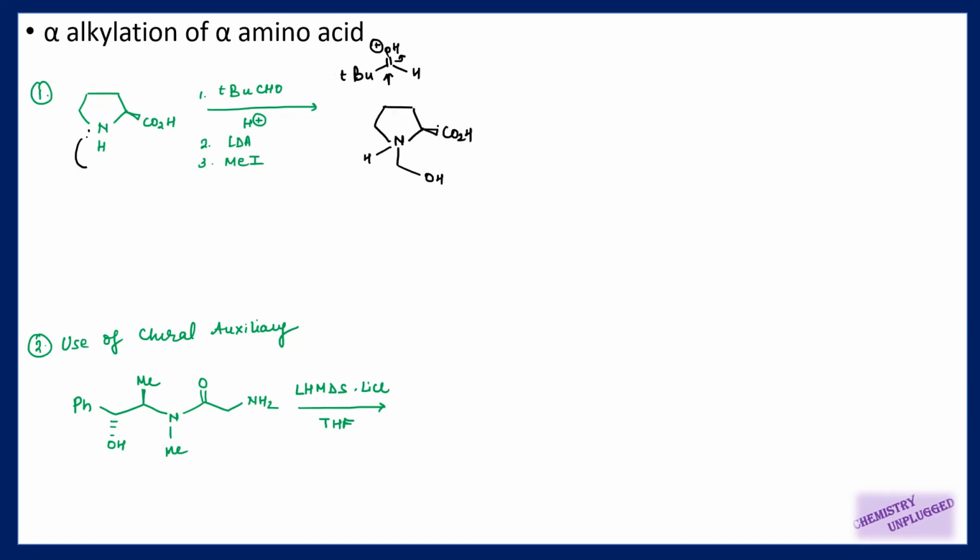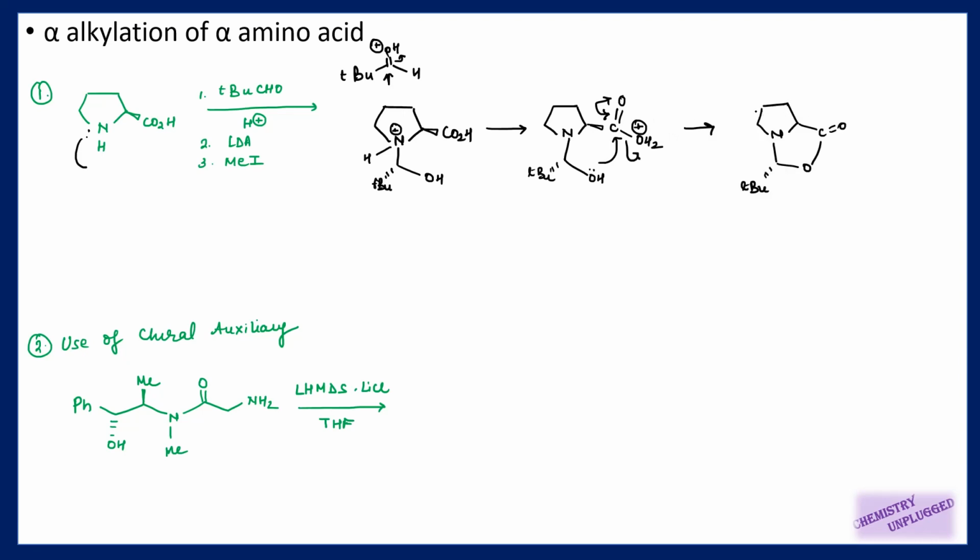And as this carboxylic group is above the plane, suppose this tertiary butyl group, a bulkier group, tries to find a place which is less hindered, so it will go below the plane. In the next step, there is transfer of proton from this nitrogen to this carboxylic acid group. Then this OH will attack this carbon. This bond will shift here, and when it comes back, this OH2 group will be removed. So because this carboxylic group was above the plane, the hydrogen attached here will go below the plane. Now we have two 5-member rings fused together, and the proton attached here is below the plane.